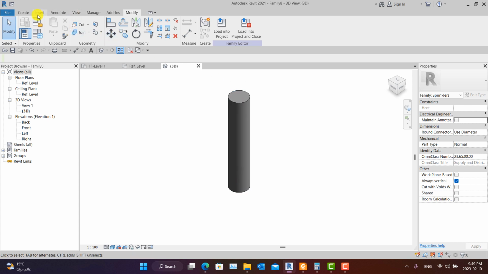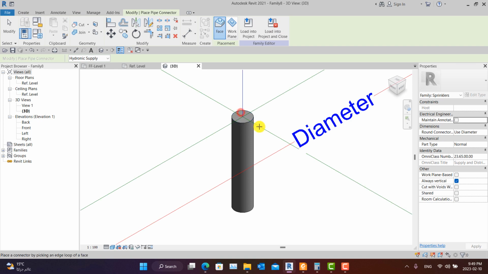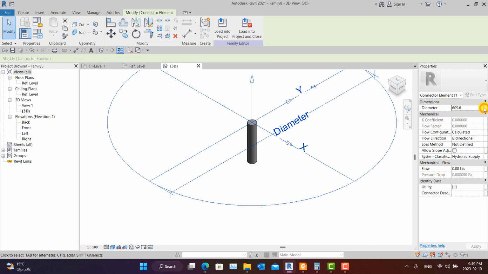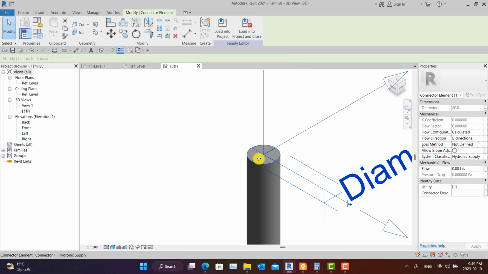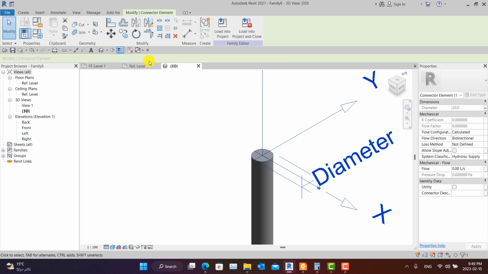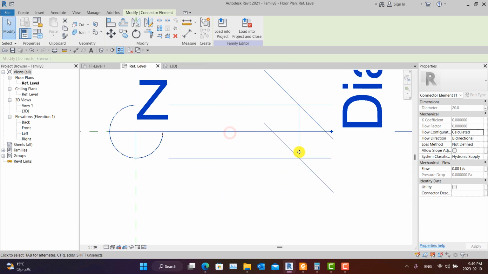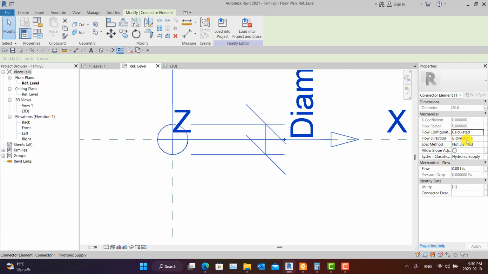Now we are going to create a pipe connector to it and choose this surface and assign this diameter to the diameter of the sprinkler, the same diameter we created. As you can see, it's the same as the sprinkler. Now we are going to go back here, and we are not done yet with the diameter. This diameter of flow contains